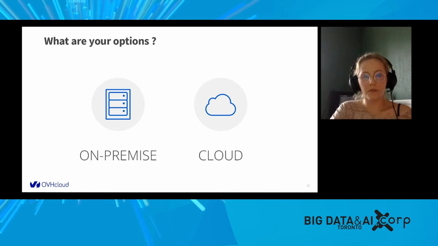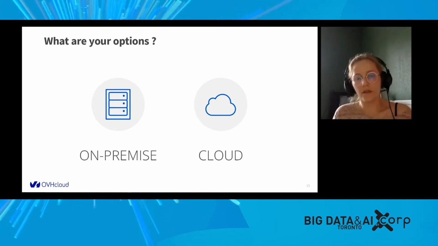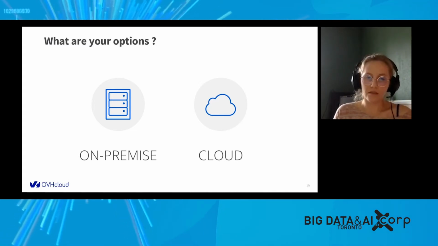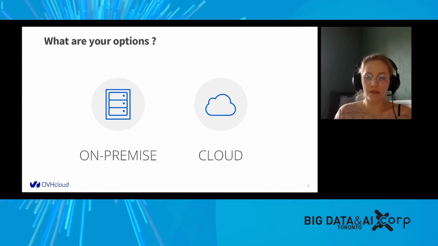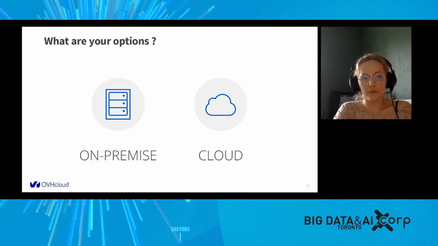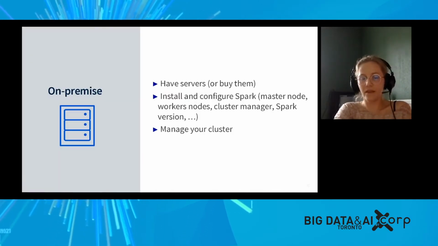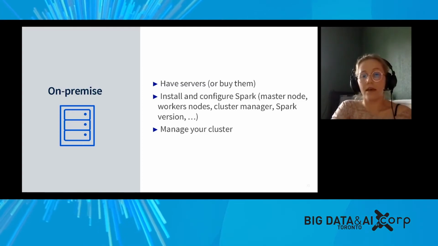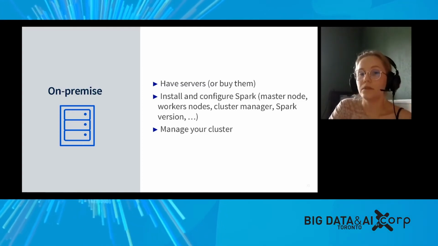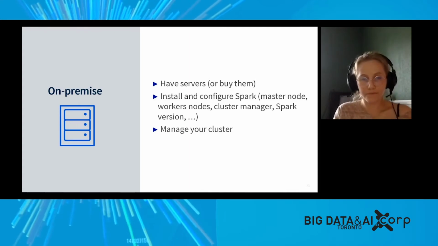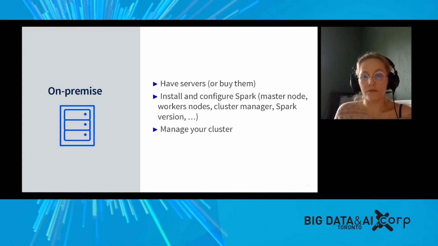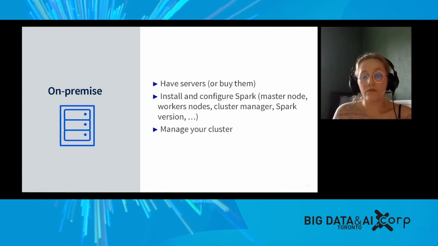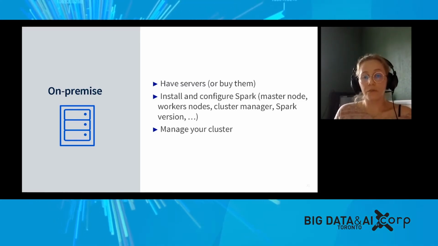To get a Spark cluster, you have two options. The first one is to get it on-premise, and the second one is to do it in the cloud. Let's say you want to do it on-premise. First, you will need servers, of course, and if you don't already have them, you will have to buy them. Once you have your servers, you will need to configure them, to configure the network, to install and configure Spark,